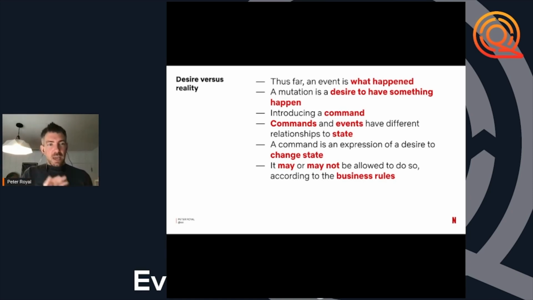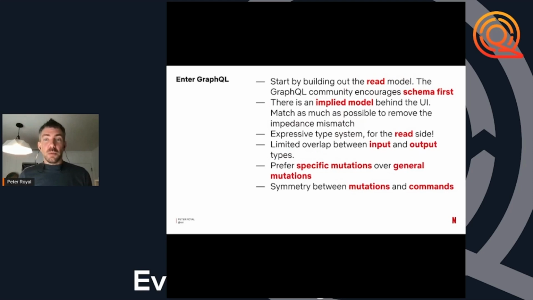The commands and events are the 2 sides of the coin relative to state. A command is an expression of a state change that we want to have occur, but that state change may or may not happen according to the business rules. The business has rules about what the data is, and just because you want to change it in a certain way doesn't mean that you'll be allowed to do that.